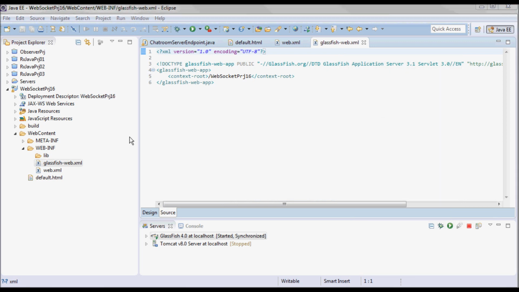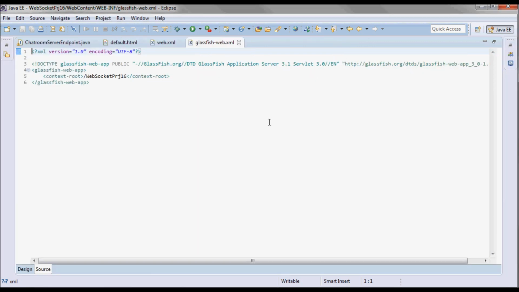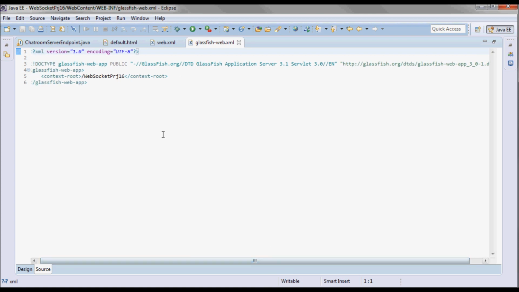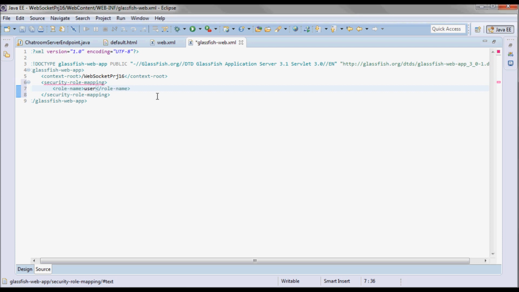And here I will add a security role mapping, where I will map the role name of user to the group name of users.